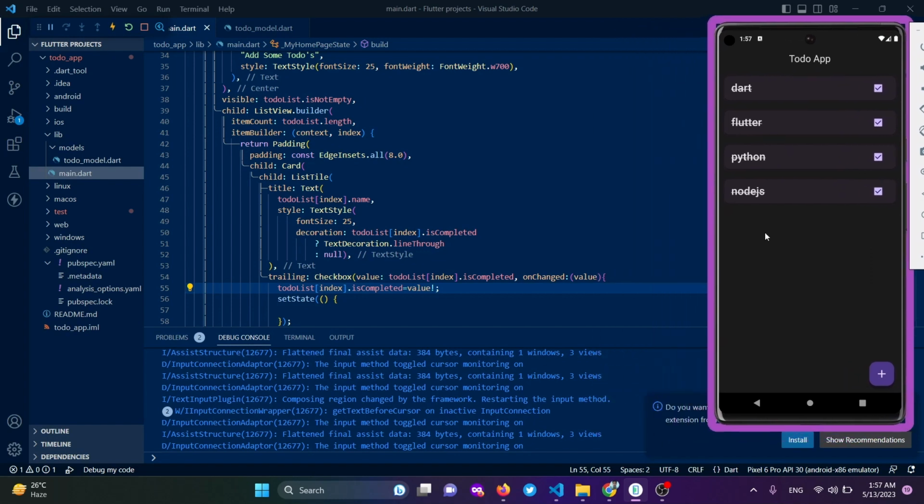Okay, but there is something missing: if we do a hot restart, all the list will be gone. So for that we want to add this task list in a local storage, so that our tasks will persist if the app is killed or not, and our data will be safe. So for that we